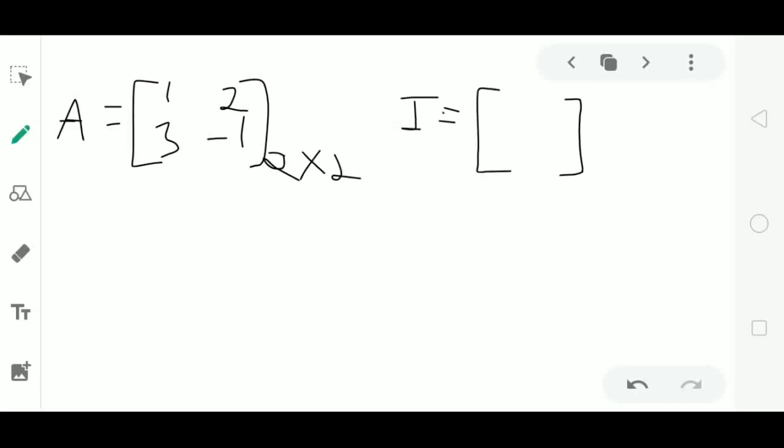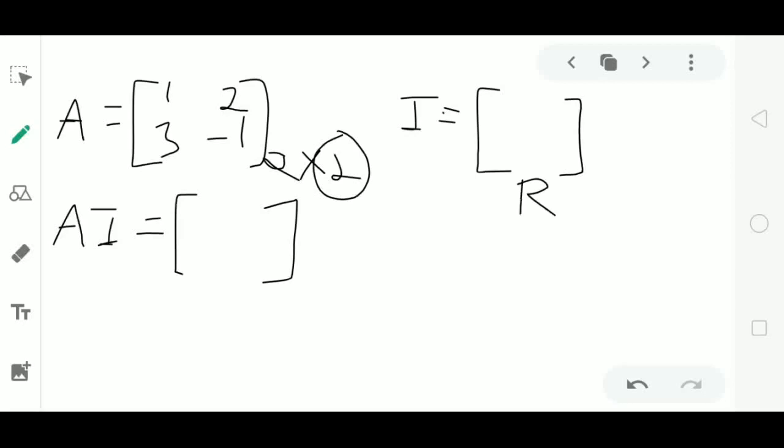We know that the order of the identity matrix is chosen depending on the given example. Then what should be the order of identity matrix I? Here we are defining the product of the matrices A and I, that is, we are defining the matrix AI. The condition for multiplication of matrices is that the number of columns of the first matrix A should be equal to the number of rows of the second matrix I.